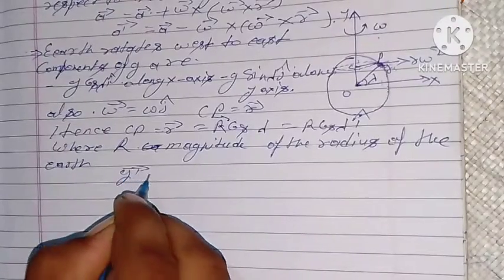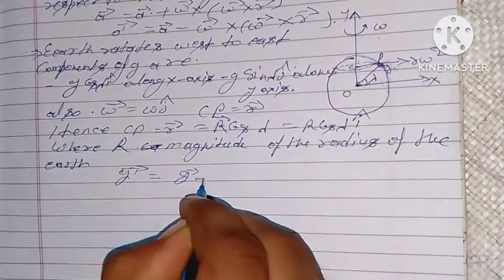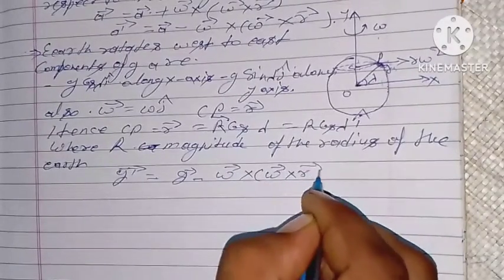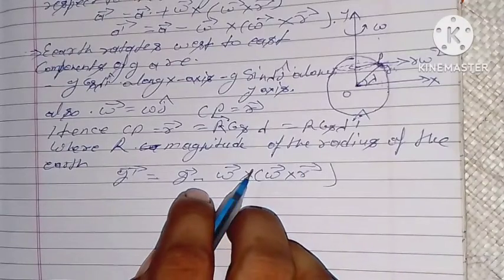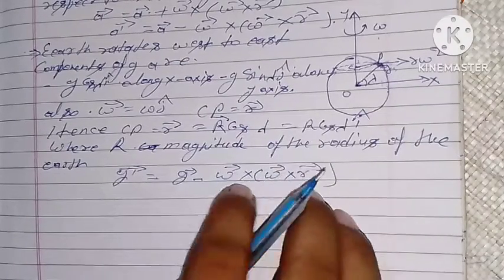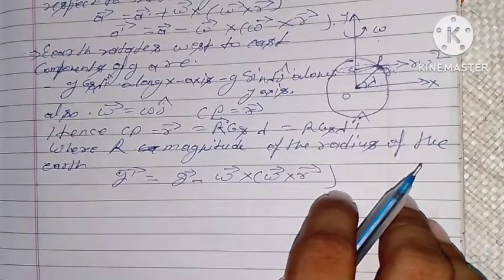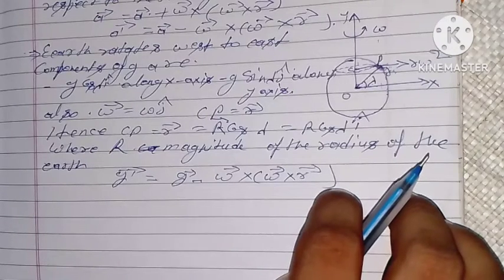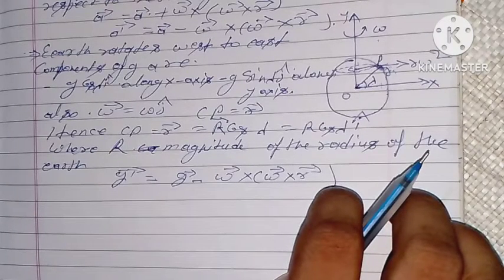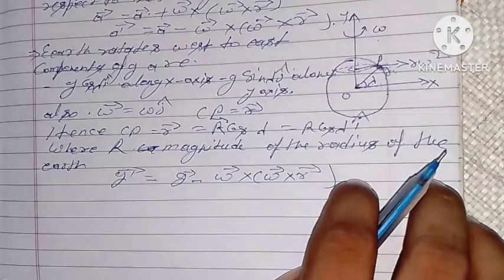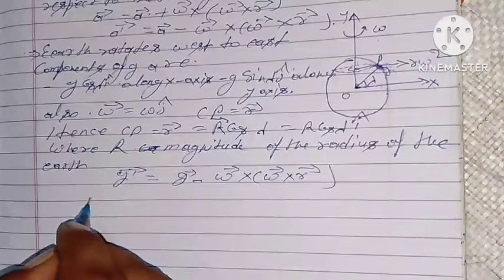Vector g dash equals vector g minus omega vector cross vector R. The observed value of acceleration due to gravity at P, taking into consideration the effect of centrifugal acceleration and neglecting the effect of Coriolis acceleration due to the rotation of the earth, is given by g minus omega cross vector R, where